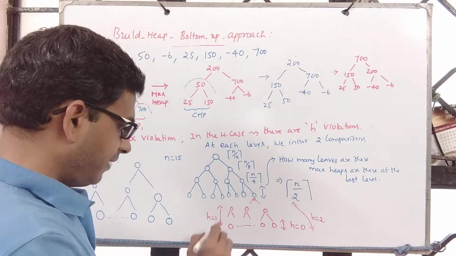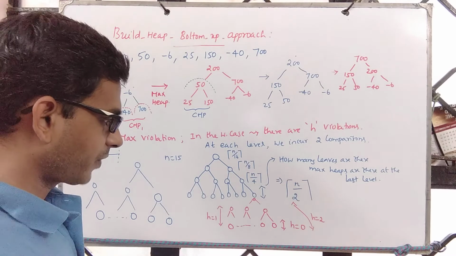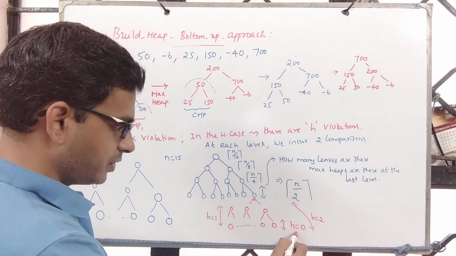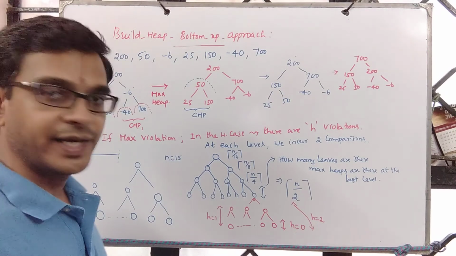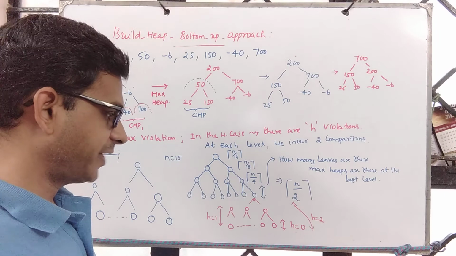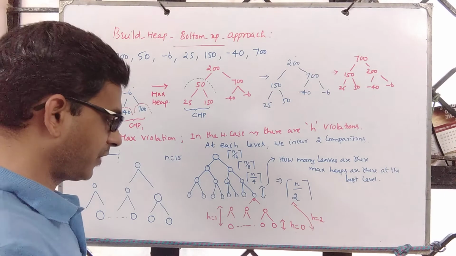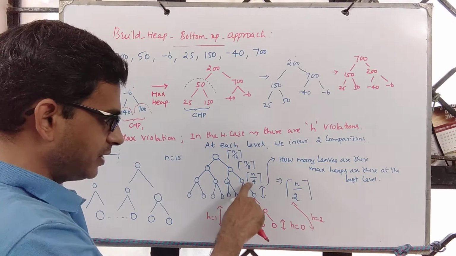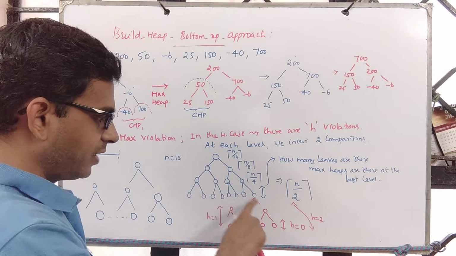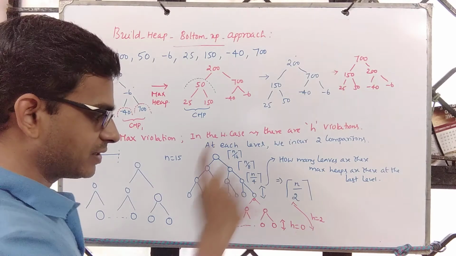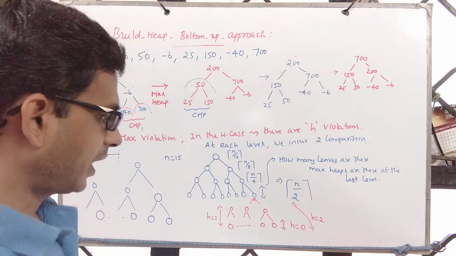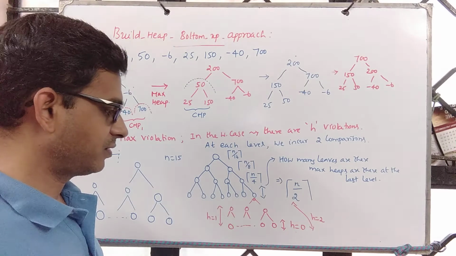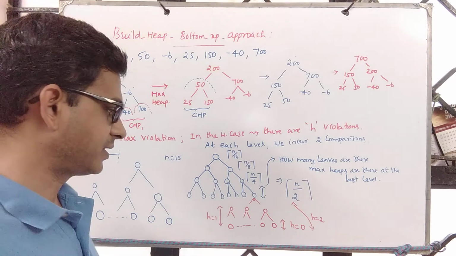Okay. Why did we bring height into the picture? There are this many nodes whose height is 0, and you don't need any cost to set right the property because by definition they are max heaps. Now you look at this. There are this many nodes, and for each of them the cost is 2. And how many times do we do this? We do this h times, where the height is 1 in this case.